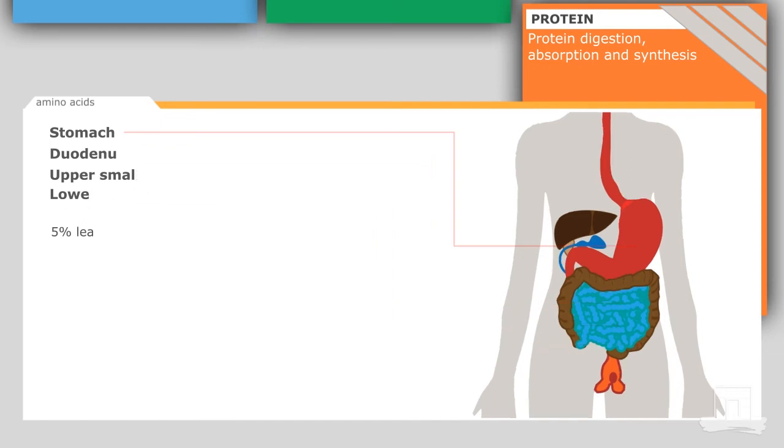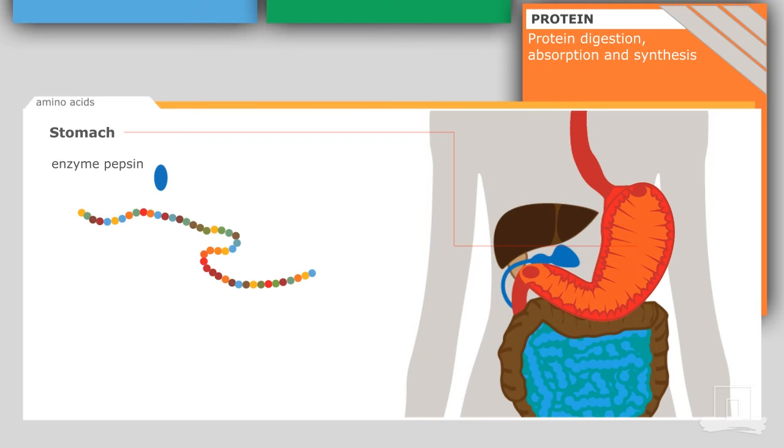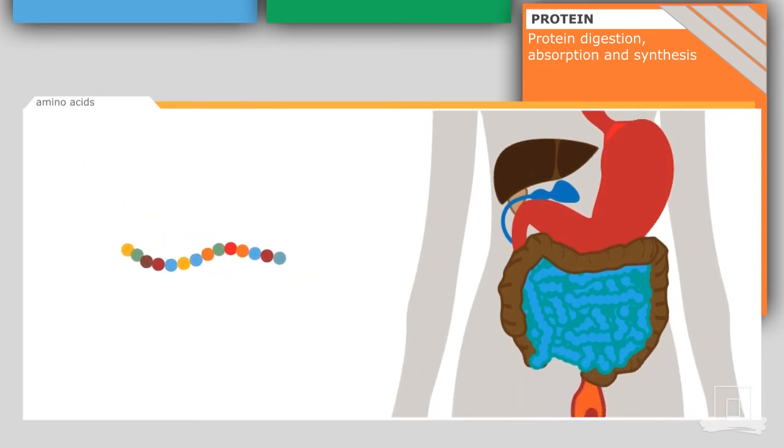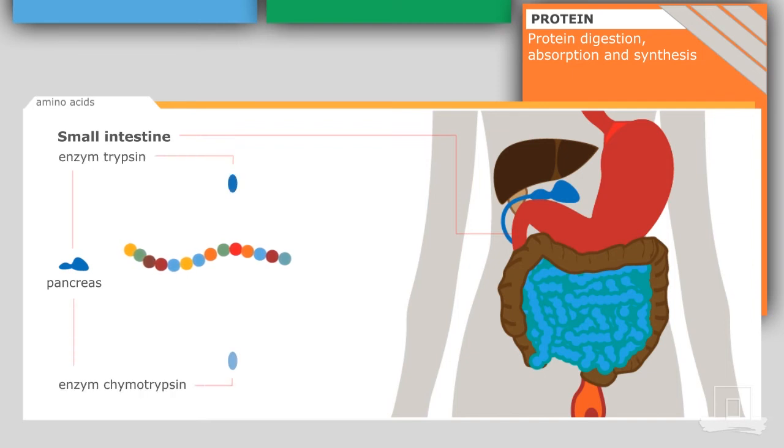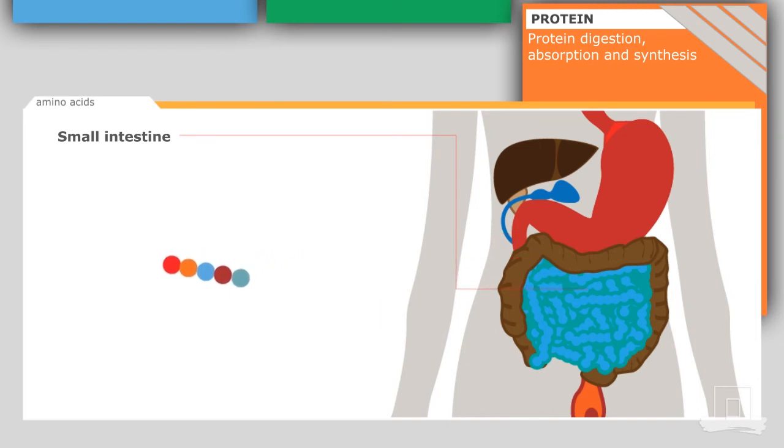Now let's look in a little bit more detail at what happens during protein digestion. I pointed out that protein digestion already starts in the stomach because there's an enzyme there called pepsin that breaks down dietary protein into smaller peptides, polypeptides. But digestion is not nearly complete. The food then reaches the small intestine where two enzymes are added from the pancreas, and those enzymes are called trypsin and chymotrypsin. What these enzymes do is they also cleave the polypeptide chain at specific amino acid sequences. So at the end you end up with smaller peptides. But digestion is still not complete. We still don't have individual amino acids.